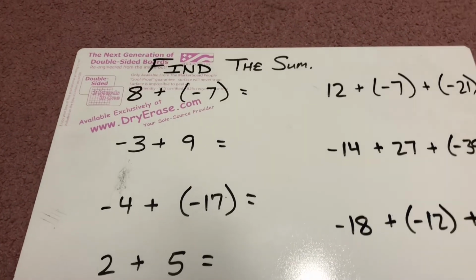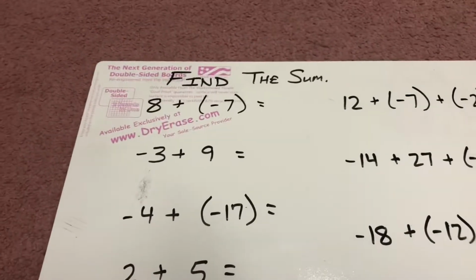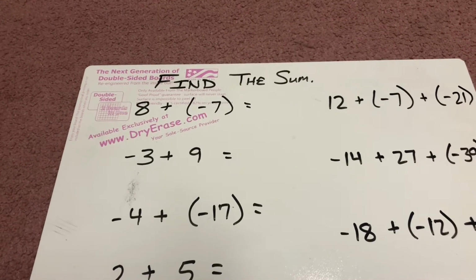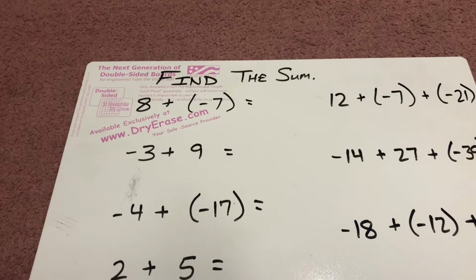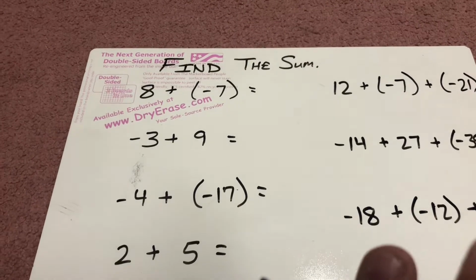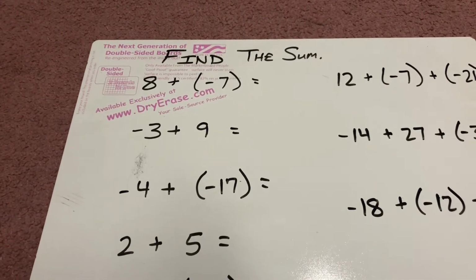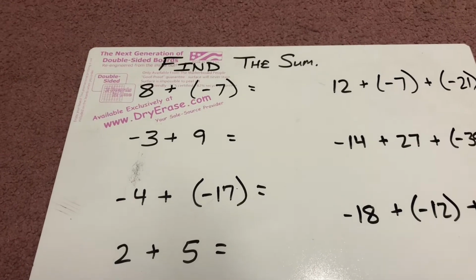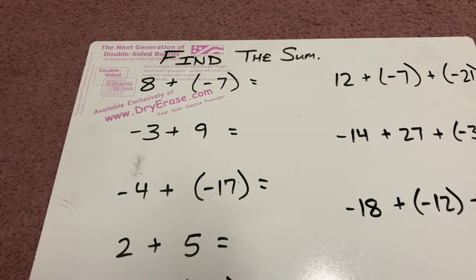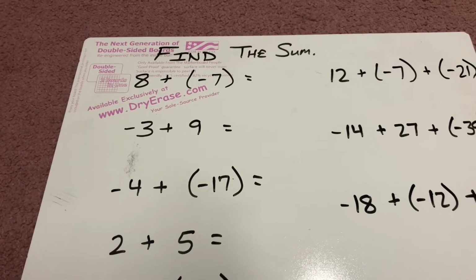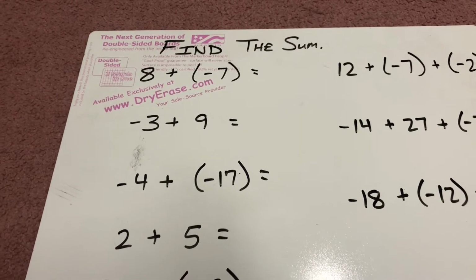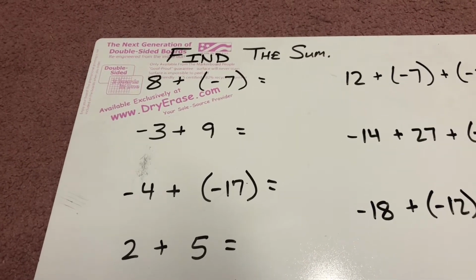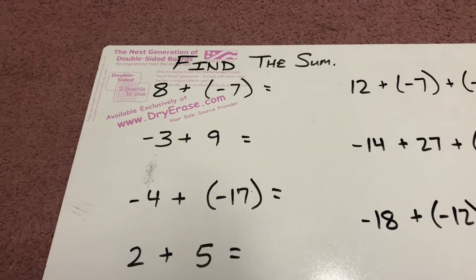As we're moving right along into our second lesson in chapter 1, this is all about adding integers, so it involves both positive and negative numbers. By this point, if you were in Mr. Swack's sixth grade class last year, you got a pretty thorough start with adding and subtracting positive and negative numbers. So we're not going to be delving as deep in this video today. We'll probably do some things in class, but the one thing I do want to talk about first of all